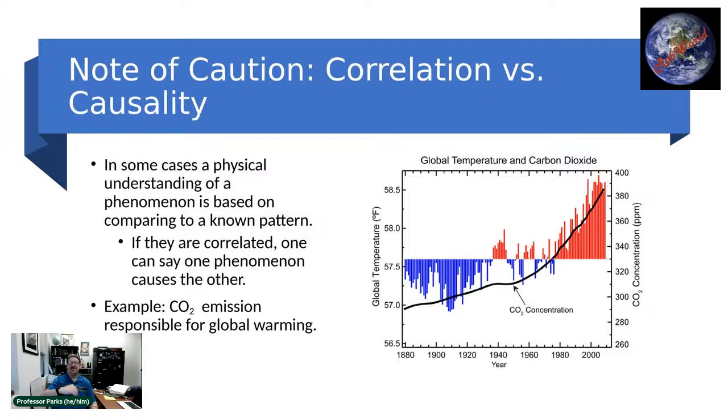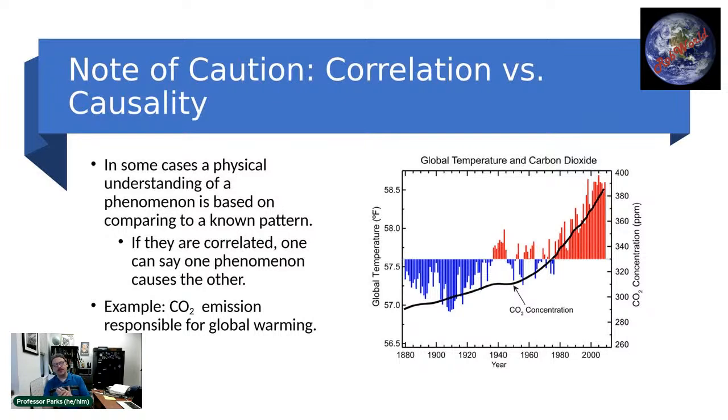And so the blue indicates that the global temperature was cooler than that point. I think at this point it's 57.6 degrees Fahrenheit. So blue indicates that it's colder than 57.6. Red indicates that it's hotter over time. That black line indicates CO2 concentration, how much carbon dioxide there is in the atmosphere, again over the same time. And we see a definitive correlation. With a low CO2 concentration, the Earth is generally speaking colder. With a higher CO2 concentration, the Earth is warmer.